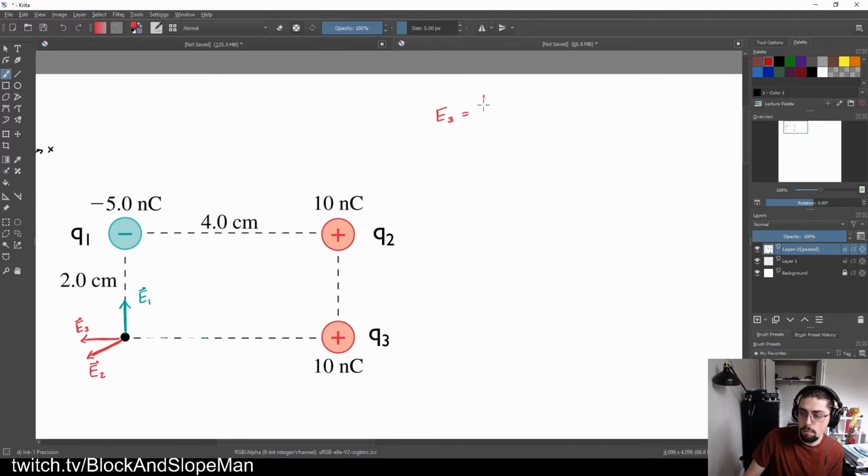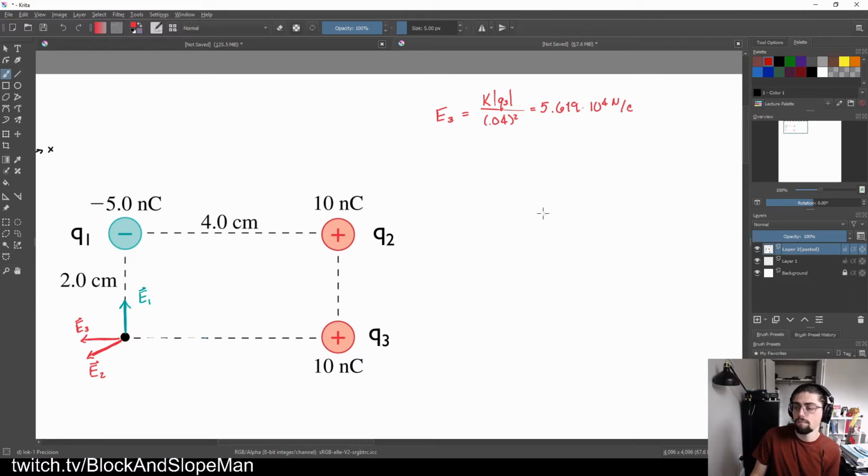So that means this is going to be k, Q3. Let me give myself a little bit more space. Let's put some absolute value signs around that. I know it's positive, but it's good practice. Over the distance, 0.04 squared. Fantastic, wonderful. We have that. We plug in all of the values that we see on our picture so far, and what we should find for E3 is 5.619 times 10 to the 4th